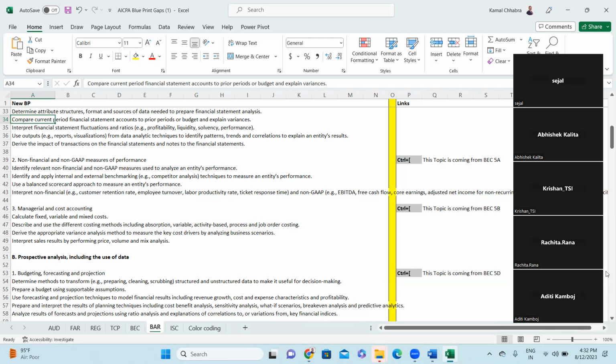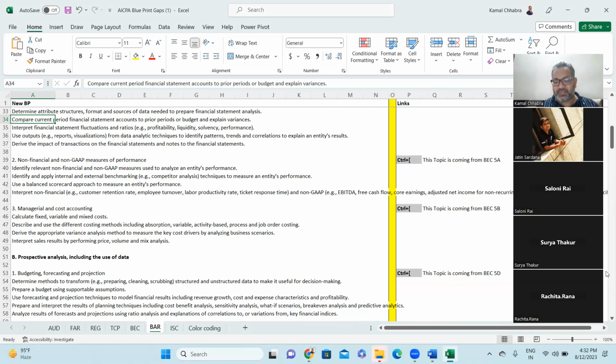Yeah, I think it's used by the management, like they prepare some of the reports for internal analysis. They are not issuing it for outsiders. Yeah, so management information system or management information reporting system is for internal use of management, right?